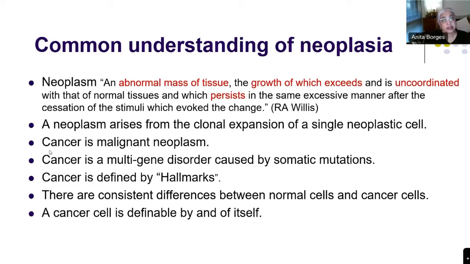And there are at least two kinds of neoplasm. There are benign neoplasms, and there is cancer. And cancer is believed, that's how we define it, to be a malignant neoplasm. There are many kinds of benign neoplasms and many kinds of cancer, but it is not my